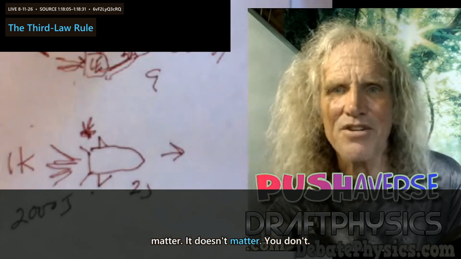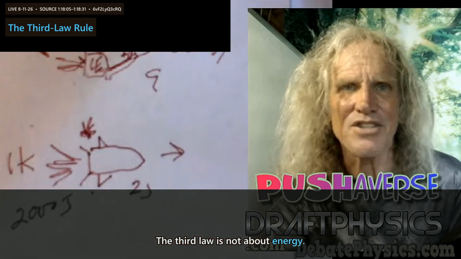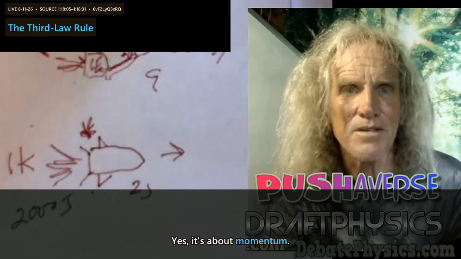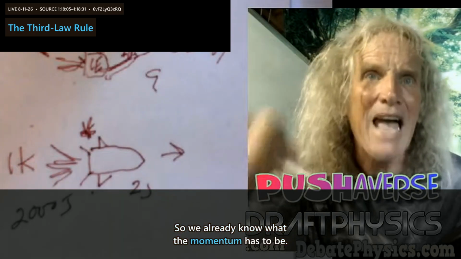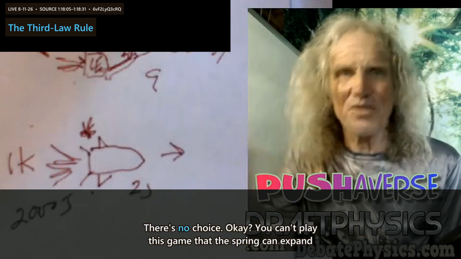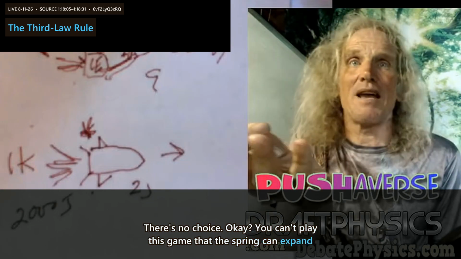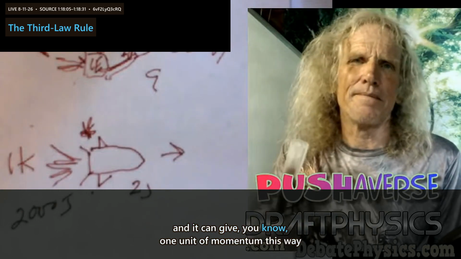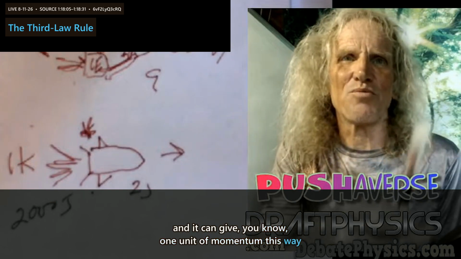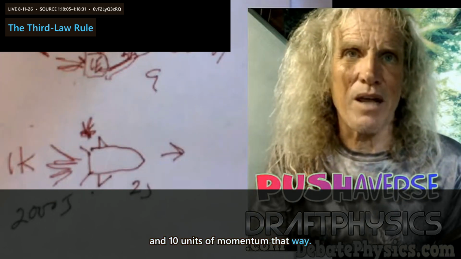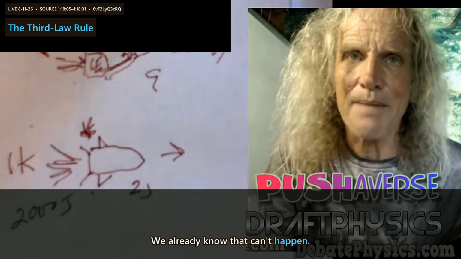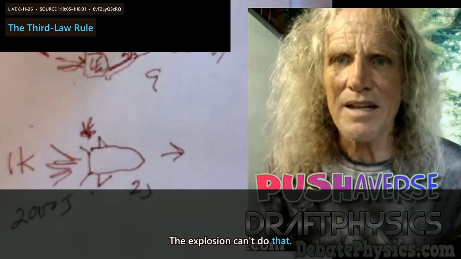It doesn't matter. The third law is not about energy. Yes, it's about momentum. So we already know what the momentum has to be. There's no choice. You can't play this game that the spring can expand and give 1 unit of momentum this way and 10 units of momentum that way. We already know that can't happen. The explosion can't do that. It doesn't happen in the